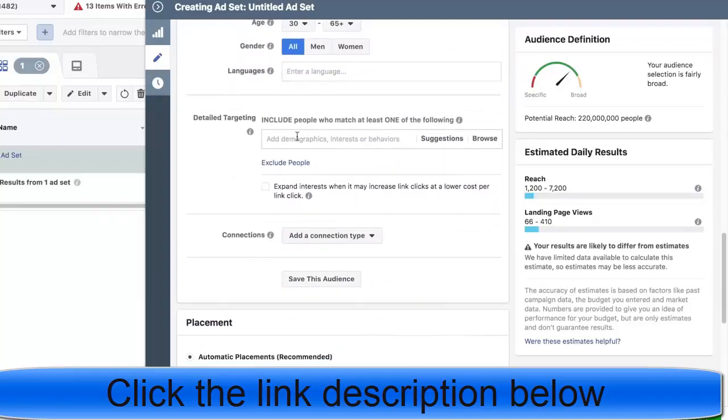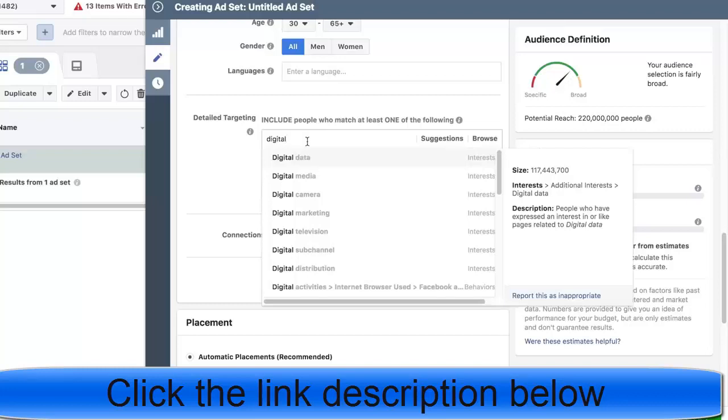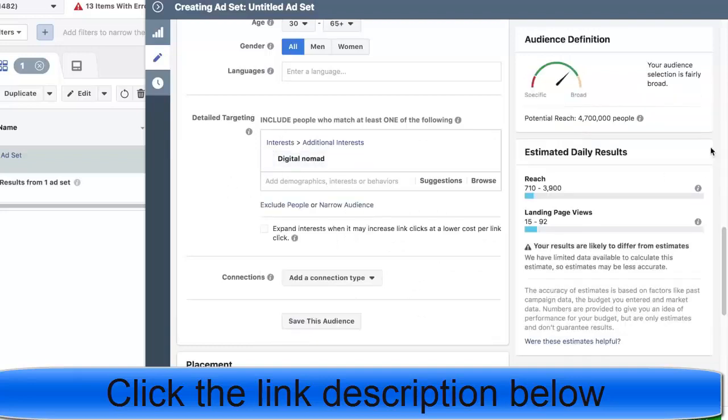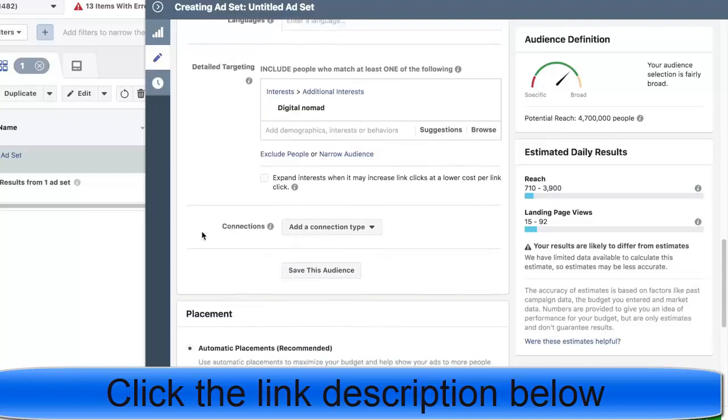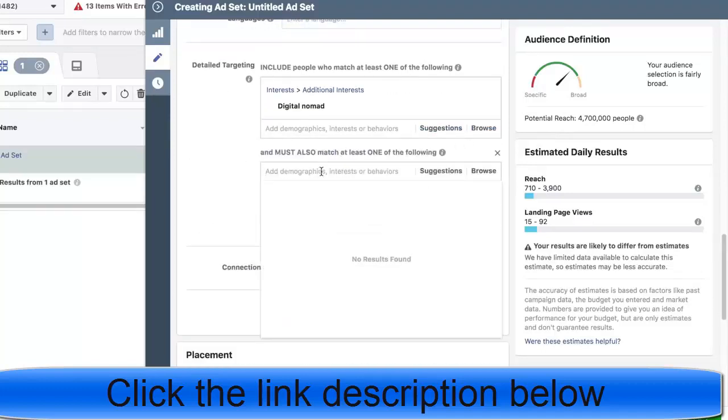Next is detailed targeting, right? For the detailed targeting, I might say digital nomads. I'm a digital nomad. I've taken over 40 flights this year, right? So people who are interested in digital nomads, 4.7 million people. And then what I might do is narrow down the audience with something like